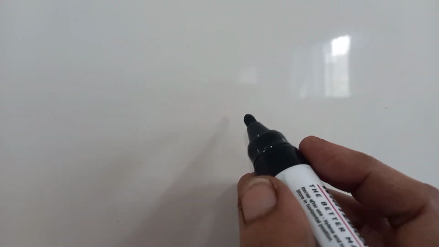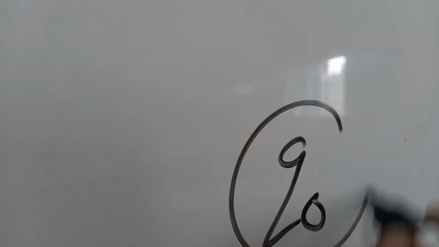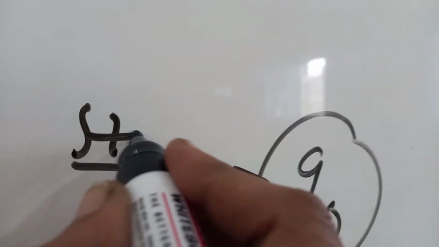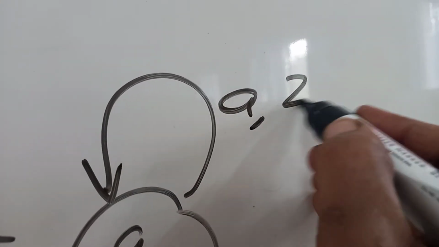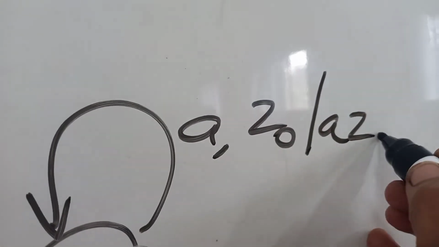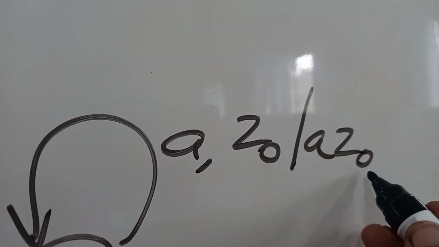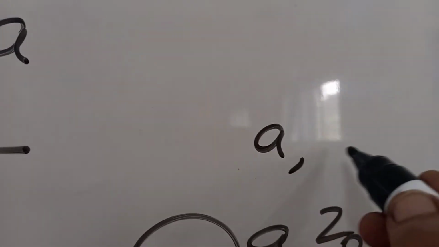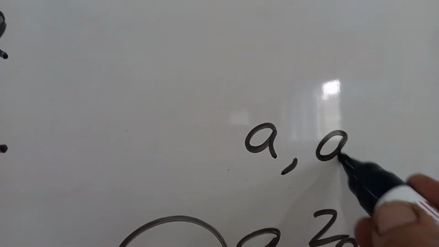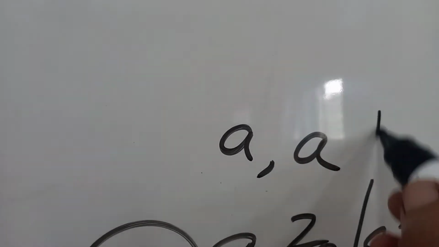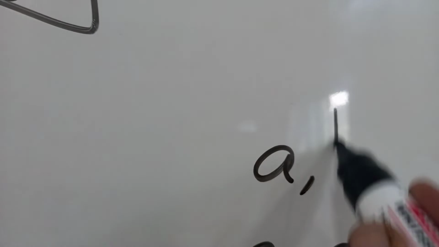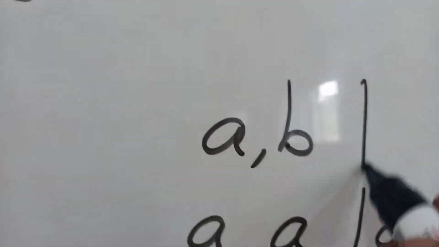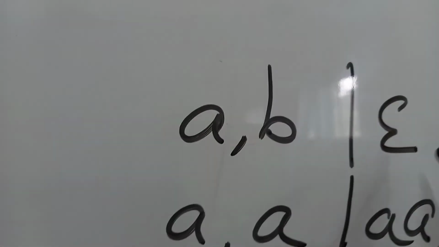We know that the PDA starts with Q0. For the input symbol A, top of the stack is Z0, we need to push that onto the top of the stack, A Z0. And if the input symbol is A and the top of the stack is also A, same symbol, we need to perform the push operation. If the input symbol is A and top of the stack is B, we got the different symbol, we need to perform the pop operation. So this epsilon replaces the B.